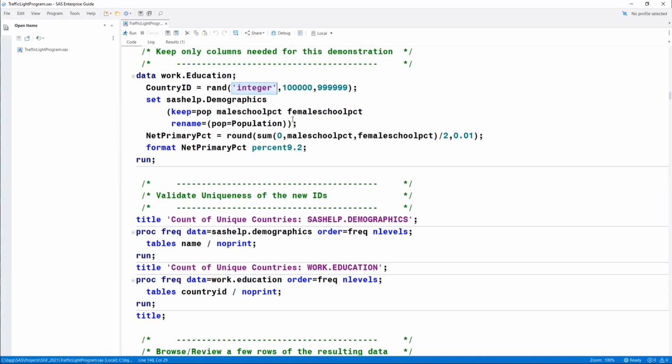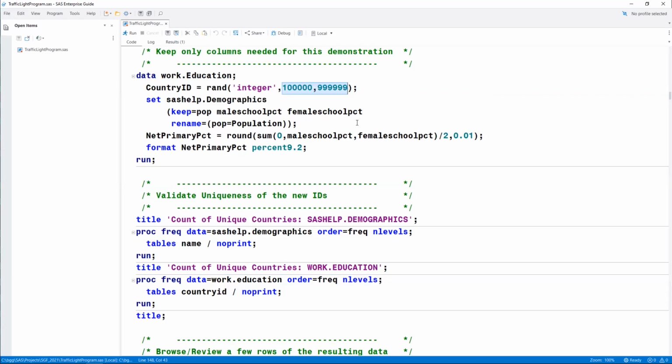I'm using one of the simplest, just to assign an integer. The second and third arguments represent the range of values that I want the rand function to use to generate the number. And the rand function does not automatically give you absolutely unique numbers.